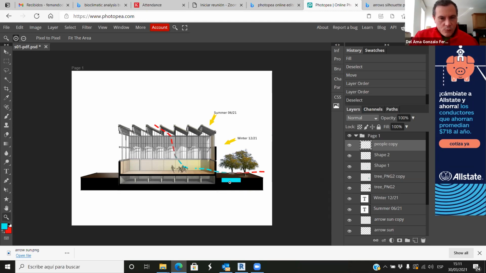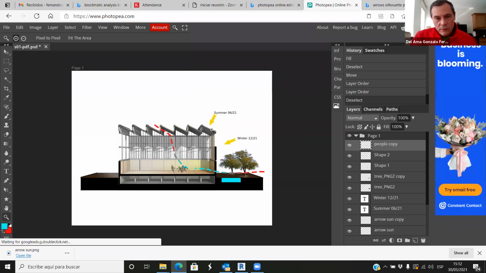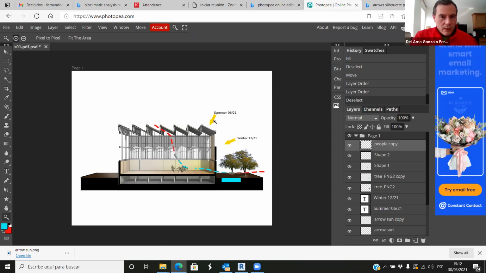We have trees, we have water, we have air for natural ventilation, and then we have the sun. And we have this kind of roof because we don't want direct sun from the south. And making the most of this slope, we can place PV panels here so that we can generate electricity. Okay,